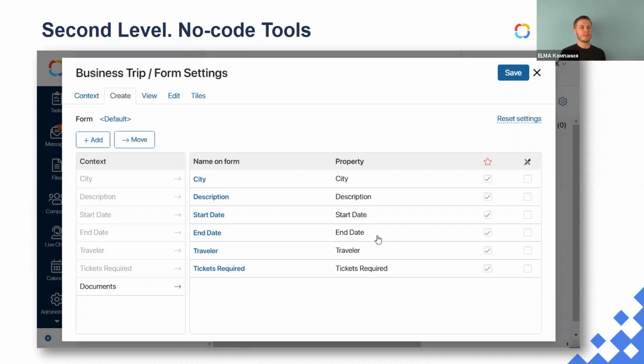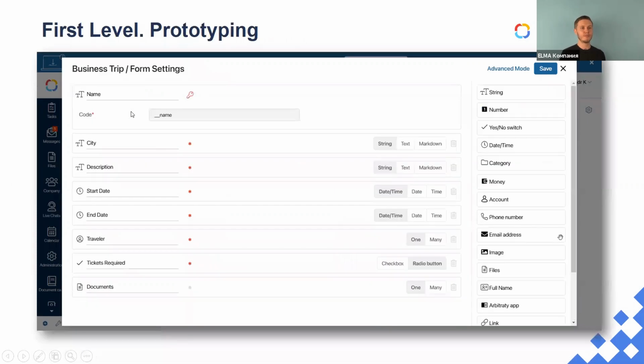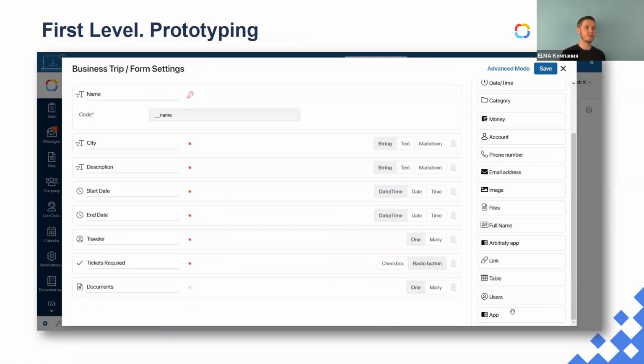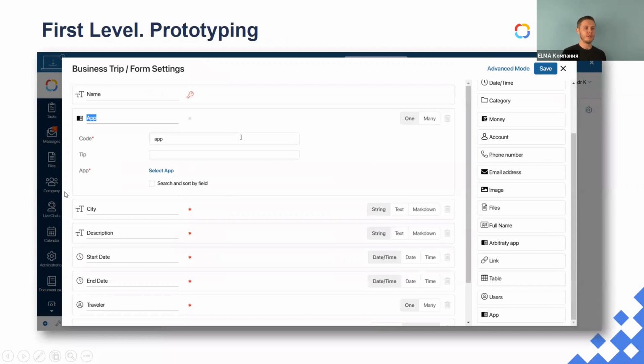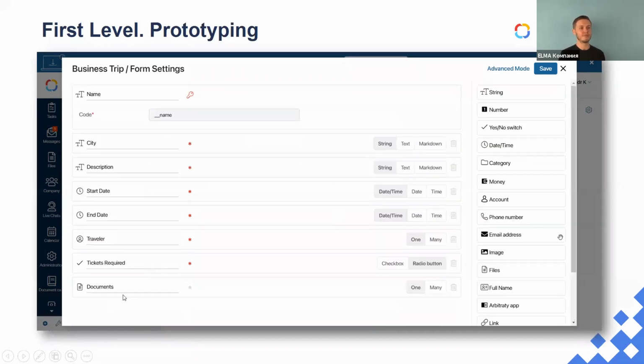The first thing that you can see is there are different types of forms. We have just seen a set of fields. That's basically it. And you can see, for example, that there is a field documents right here, and